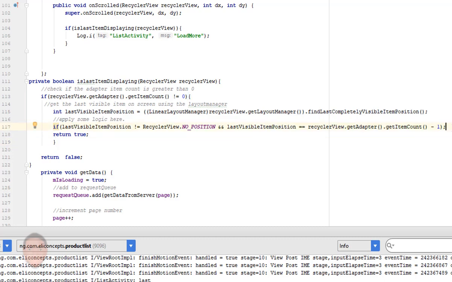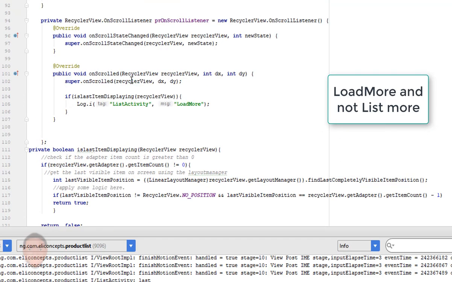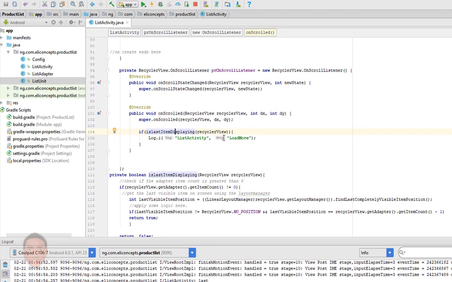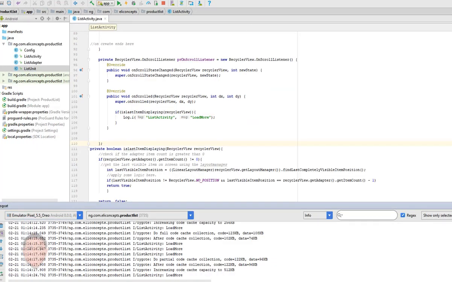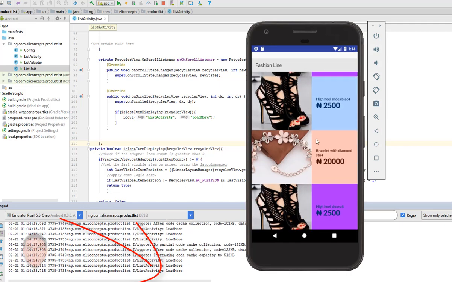And if it returns true, as you can see just above, it's going to log a load more for us. So I'm just going to go ahead and test it out. If I see the load more in the logs,